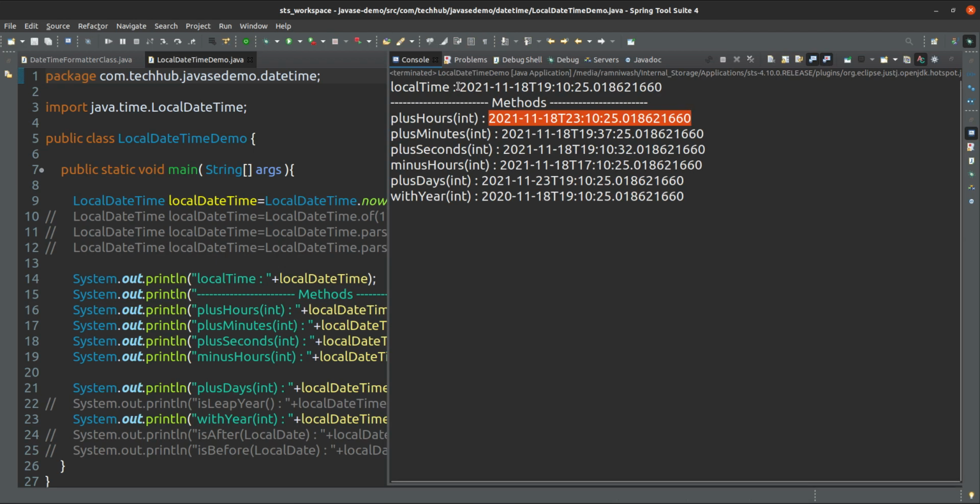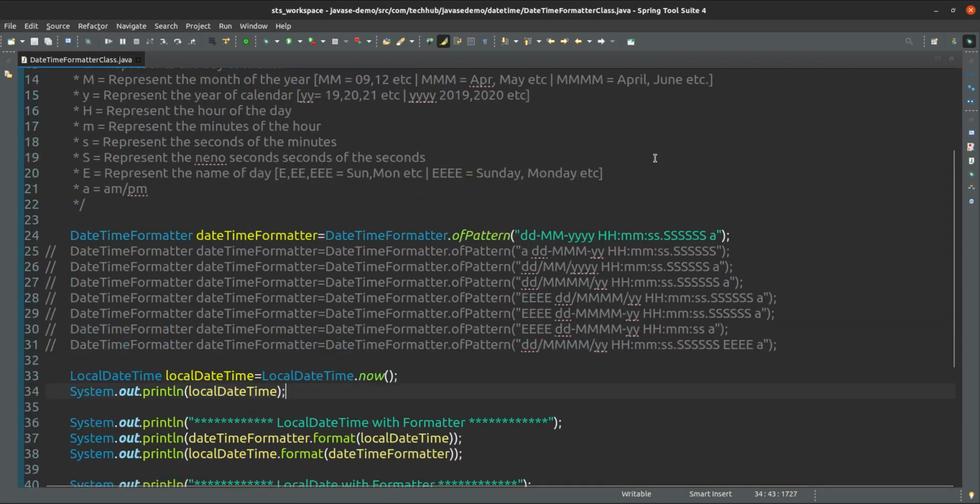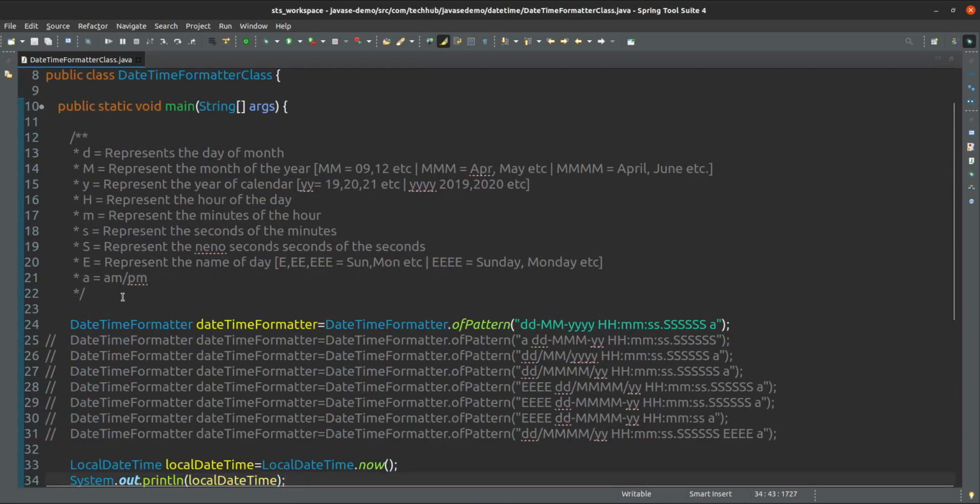Even though we are familiar with this local time or local date, so we can read this very clearly, but this is not convenient for the user. So to avoid this issue, we need some formatter. We have to specify some format. Suppose if we go to America or England or some other countries, they have a different format for date and times. So we have to format this accordingly. So we can use some date time formatter.